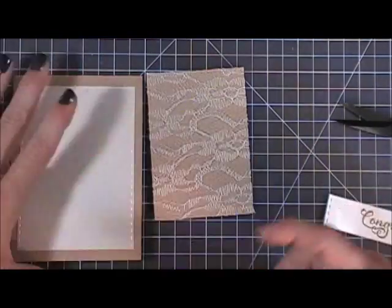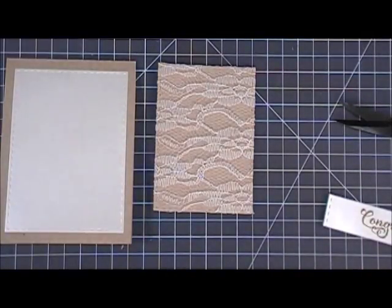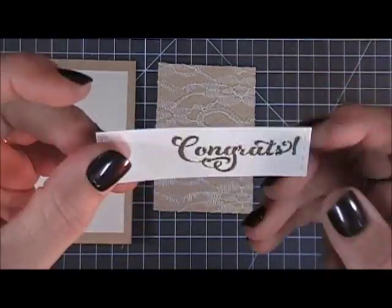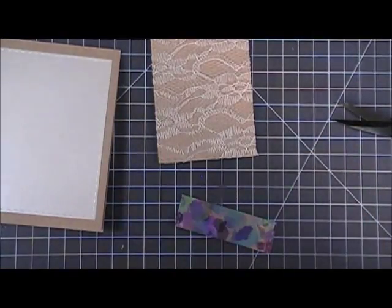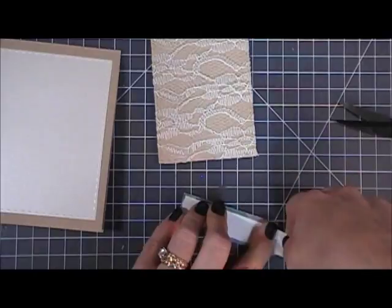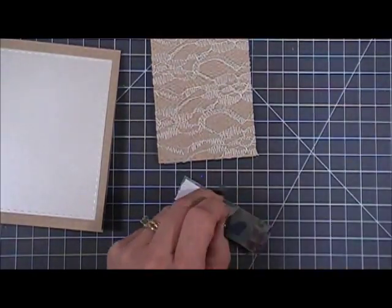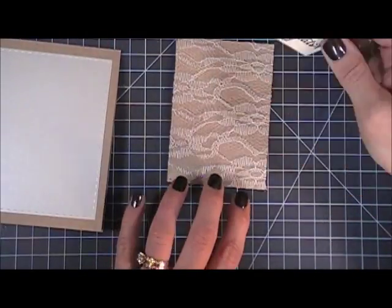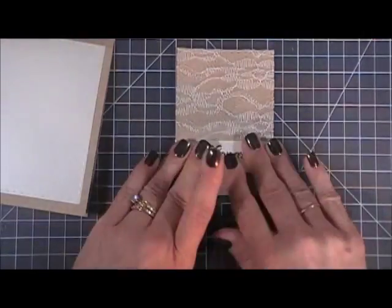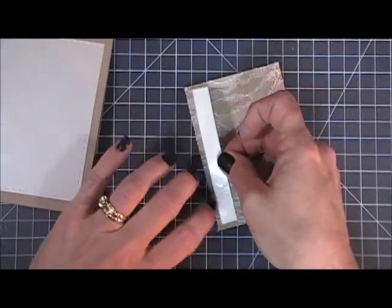Now from my stash, and using the same pearlescent paper, I just used the reverse side. I stamped the sentiment that says congrats, and I used a gold embossing powder just so it kind of flows together nicely. I'm just going to use some double-sided tape and adhere that on top of the lace. The double-sided tape is extra strong, so I knew it would adhere to the lace really well. Place that on there,